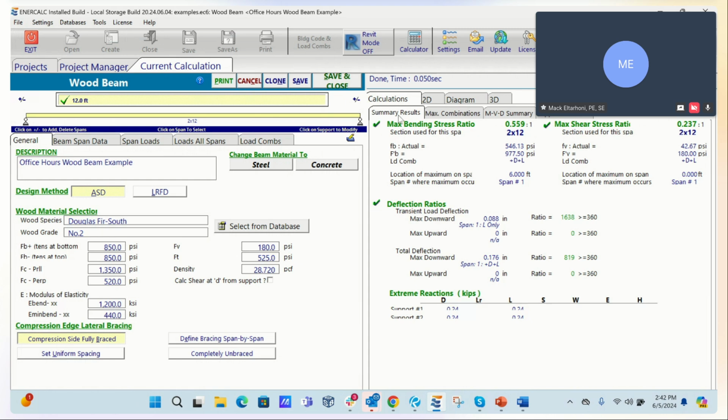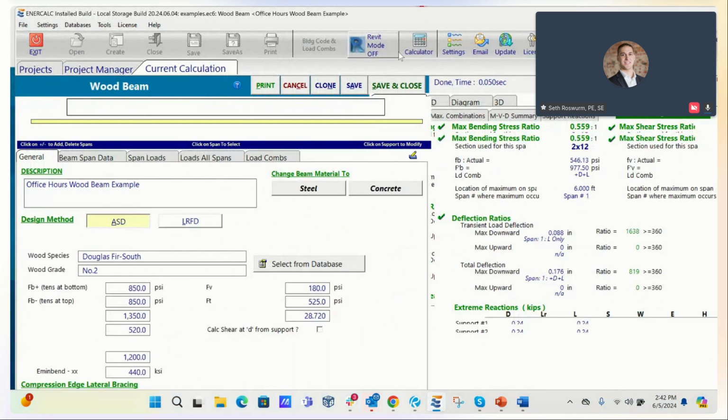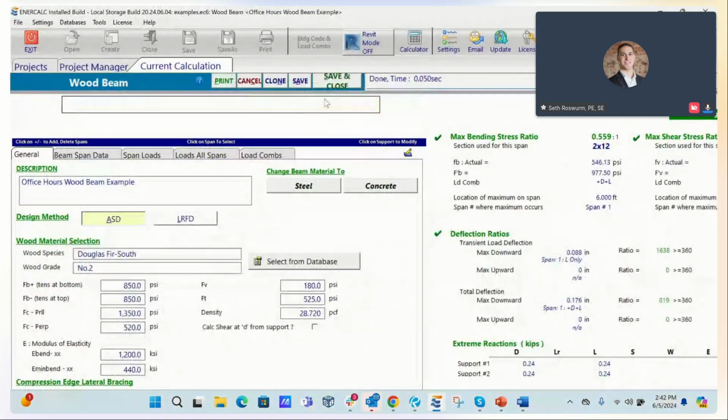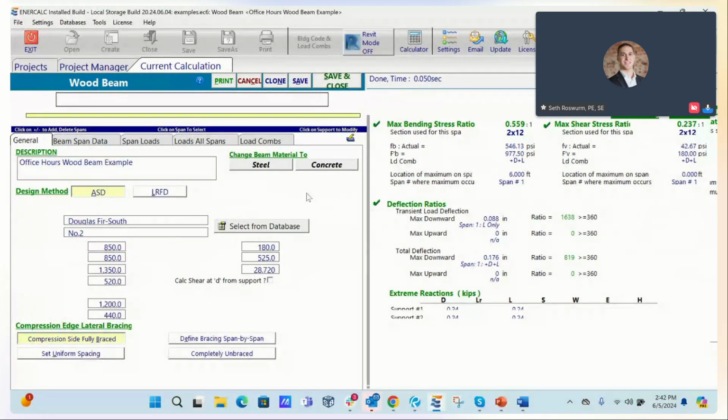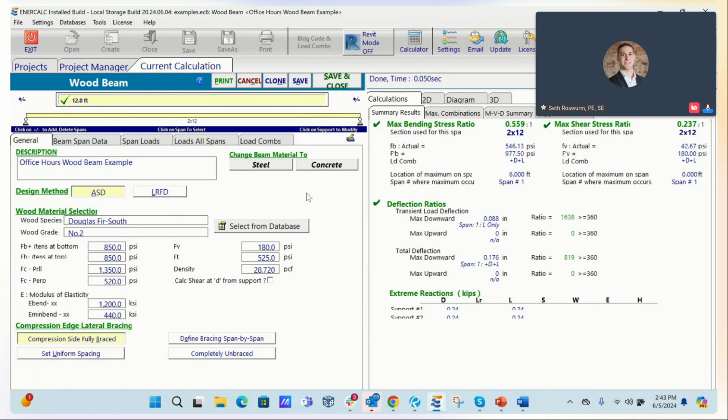Cool. All right. So while you're here in the interface, there's another question that ties in directly. A question from Pavel on the beam span data tab. Can you not make the type of the wood beam automatically selected with the type of the wood selected on the general tab? So what he's talking about basically is a direct correlation between the material specified on the general tab versus the beam span data where you specify section geometry. Traditionally, those have been specified individually, like Mac showed in the presentation.